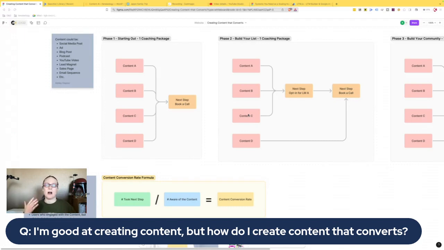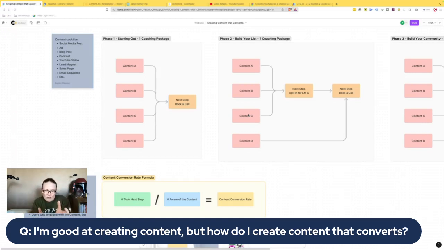You're not bugging people. You're not annoying them, especially in the realm of social media. Like 1 to 5% of your followers, I think, is the industry standard. I remember reading about that. They're seeing your content. So it's a different 1 to 5% usually, depending on what you're talking about, what the algorithm has seen them engage with, and all of that. So that's why you have to keep repeating it. Don't assume that just because they saw your blog post, they went to your services page or saw any of that information. Call it out in the content you're creating.